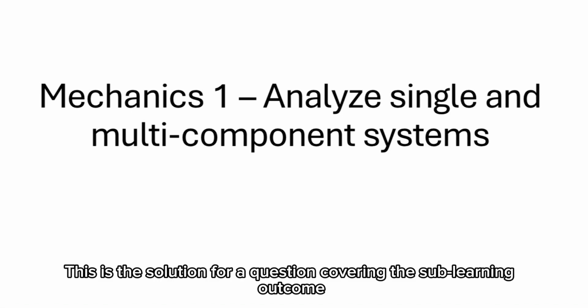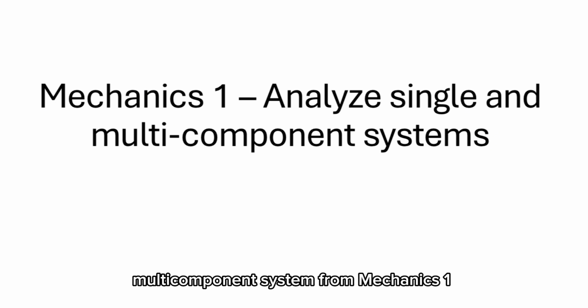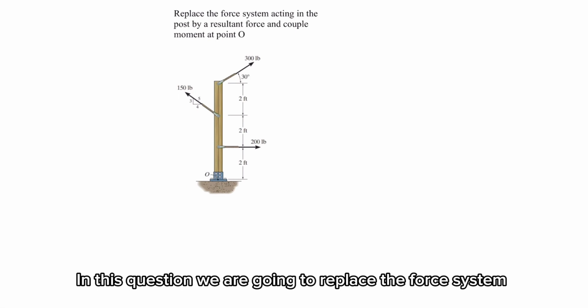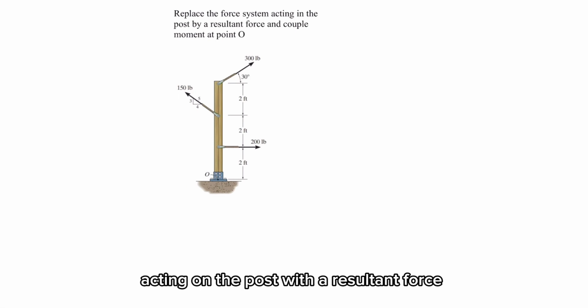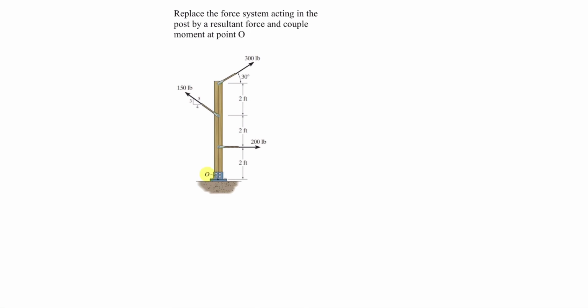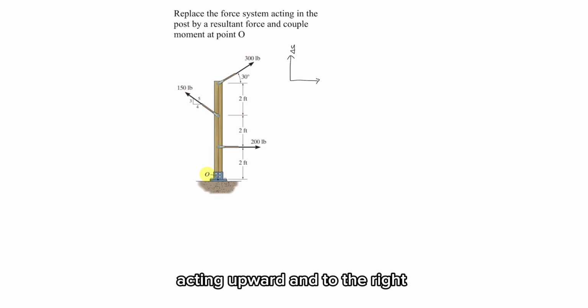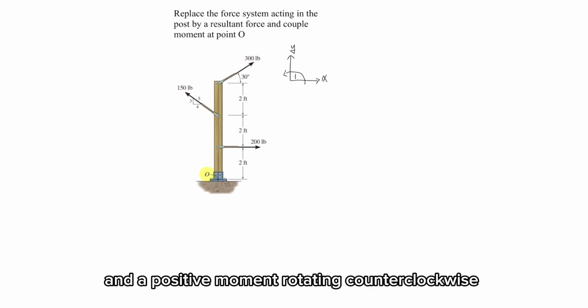This is the solution for a question covering the sublearning outcome multi-component system from Mechanics 1. In this question, we are going to replace the force system acting on the post with a resultant force and a couple moment at point O. We will first draw a coordinate system with positive force acting upward and to the right, and a positive moment